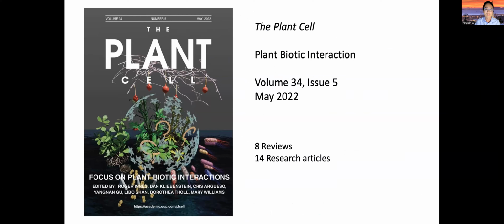The reason that we organized this special focus issue is that the field of plant biotic interaction has made a series of major breakthroughs in the last few years, beginning with the exciting first near-atomic structure of the plant resistosome, and subsequent functional characterization of NLR proteins which form those resistosomes, showing that they could form calcium-permeable channels and also cleave NAD to generate signals to activate